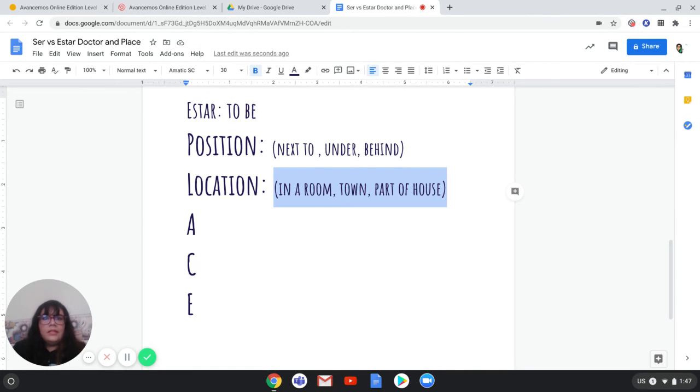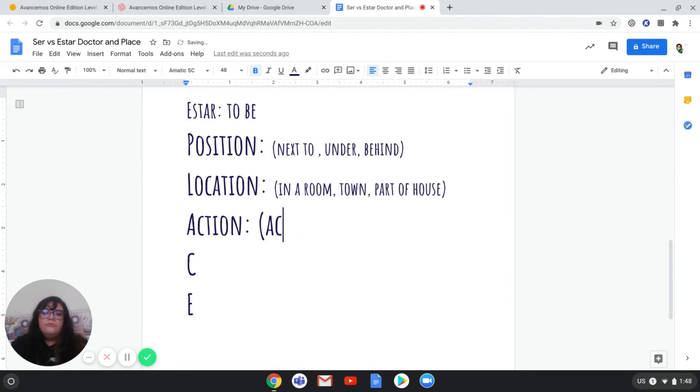Where is it currently? In the bathroom or whatever you're doing. Next one, we've kind of touched on it, not so much, and we're going to do this later. That's why we're learning about it now. But it falls under an action, as in something that's currently happening. I'll make it smaller later. So action,